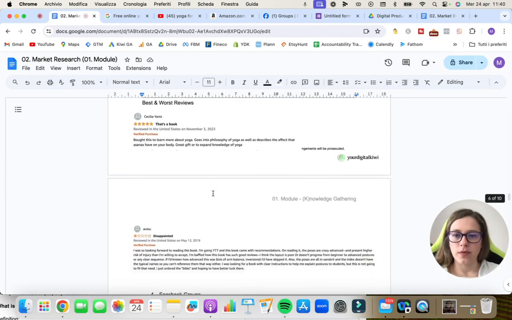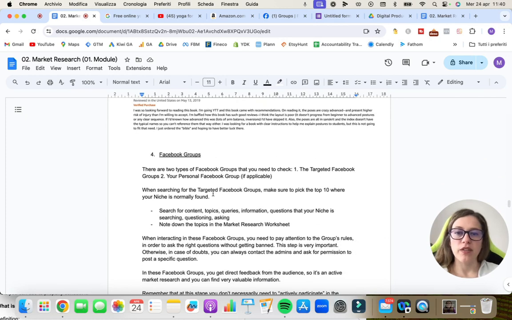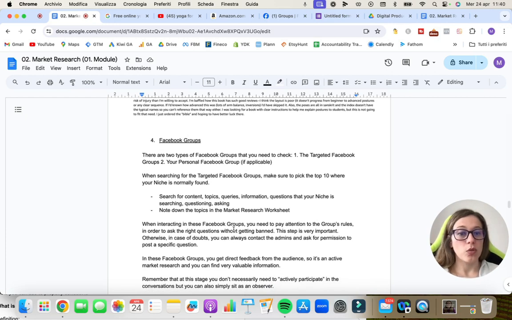Then I put you some example. Then Facebook groups. There are 2 types of Facebook groups that you need to check: the targeted Facebook groups, in this case yoga Facebook groups, or your personal Facebook group if applicable. If you have a personal Facebook group, you might have some audience already, which is great. When searching for the targeted Facebook group, make sure again to pick the top 10 where your niche is